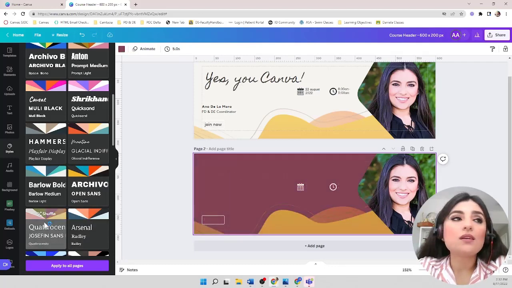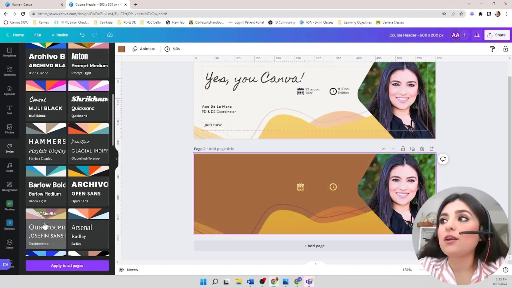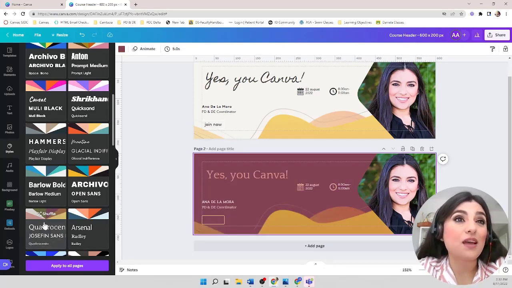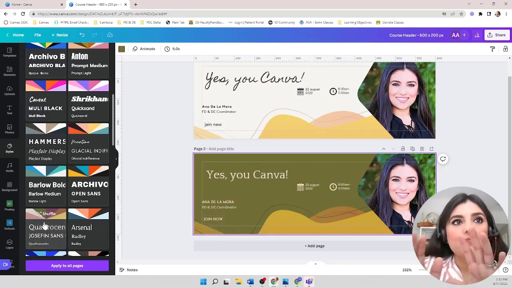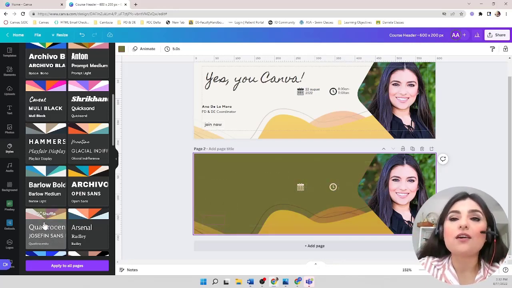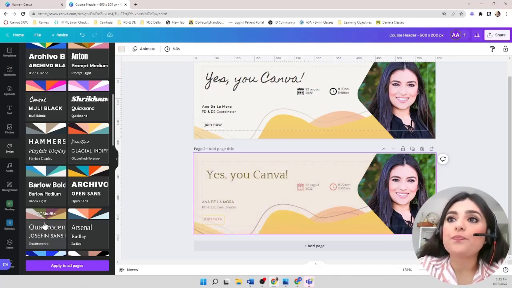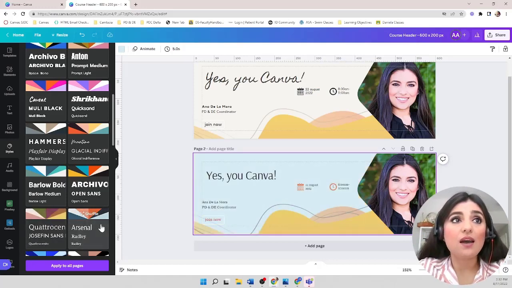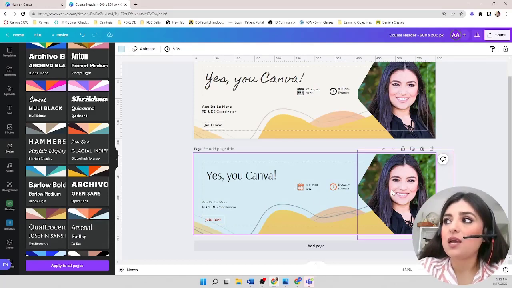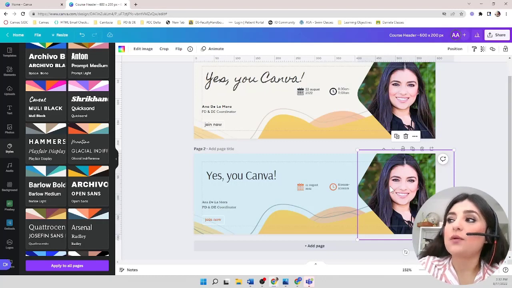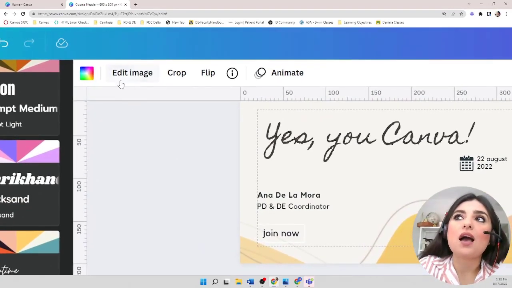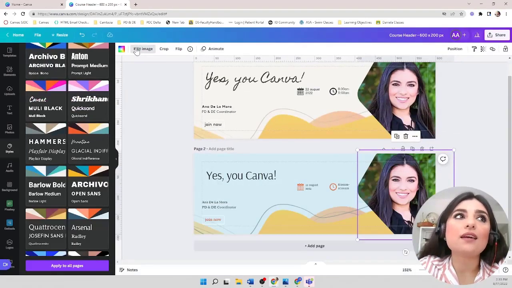Now, one of the nice benefits of Canva, right now I'm having a hard time trying to find something that works with the image because of the background. There's just a lot going on there. So what I would do, if I have the Pro account, I would click on that image so that in the top editor, I would see an edit image button. Now if you click that edit image button,